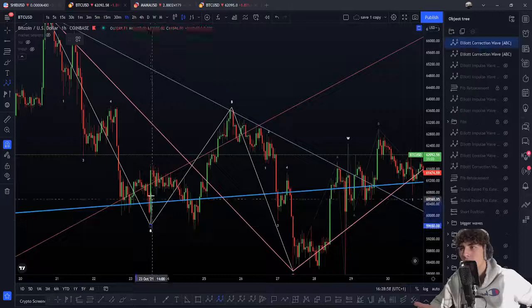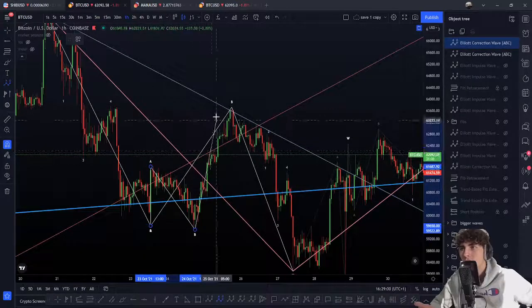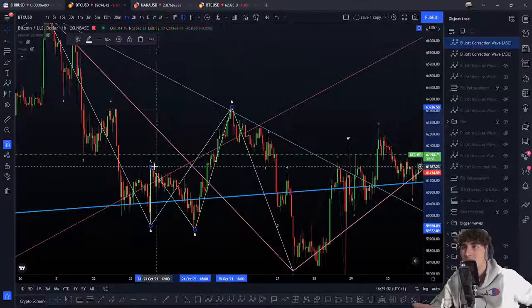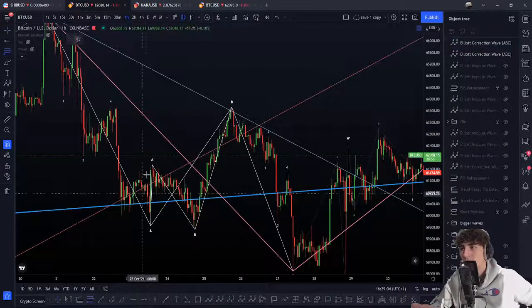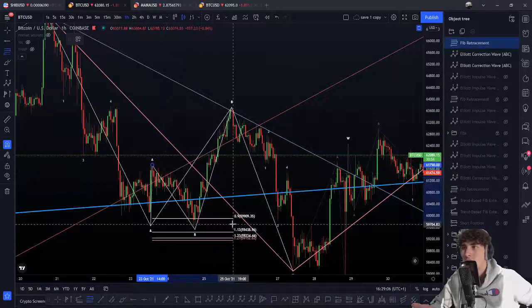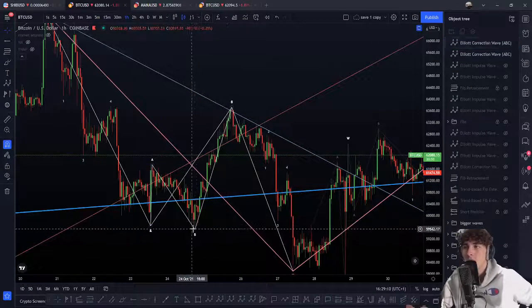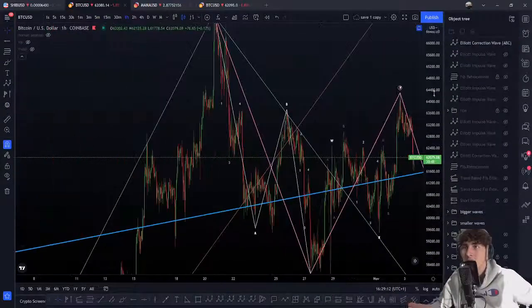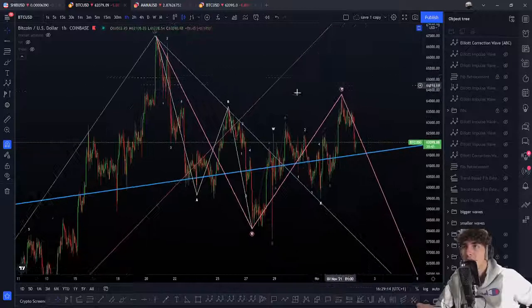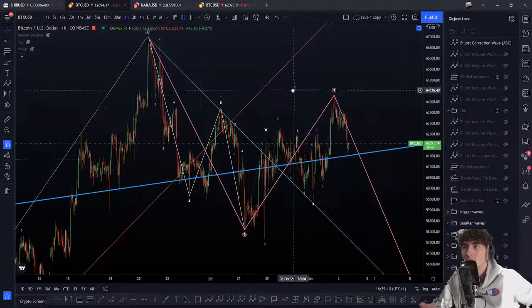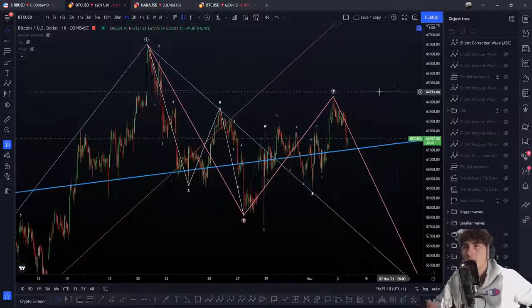Okay, just right there. An A wave, the B retracement and the C wave, because we have 5 waves to the upside here. So that's the only possible move we have done here. I don't find something else, but as you can see, we didn't reach any target. But anyway, it went a bit more down, so we'll take the case that normally it's a flat. For me, it's valid. We are in a correction wave and we can do some crazy things here, so that's not a problem in my opinion.